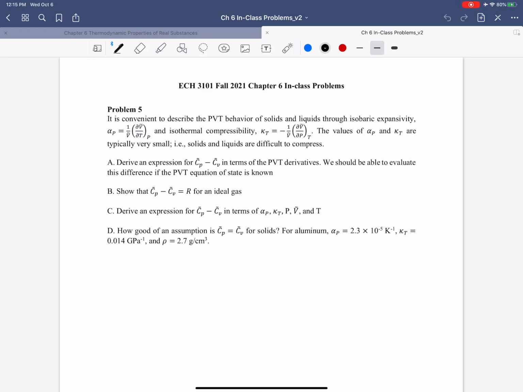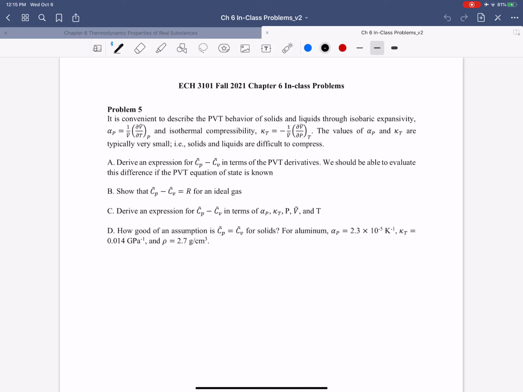What we're going to do in this problem is critically analyze those assumptions. And we want to quantify how good those assumptions are, or how we even come up with those assumptions in general. All right, and so in this problem, it tells us that it's convenient to describe